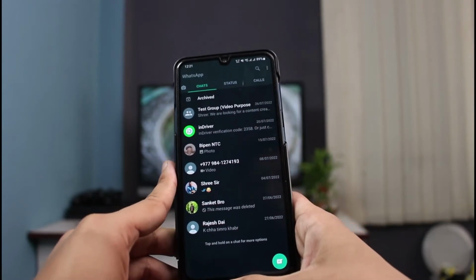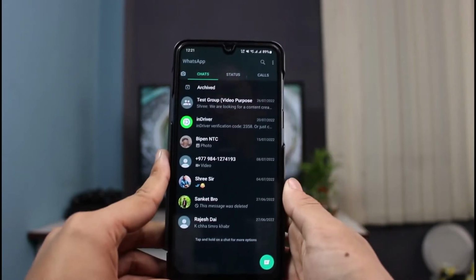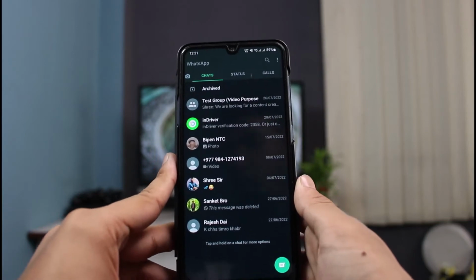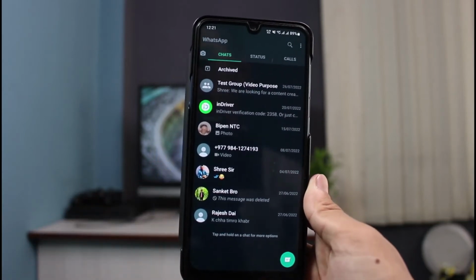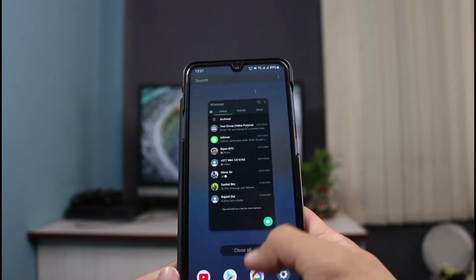So the first thing you want to do is, let's say that I open my WhatsApp and that this account is also logged in on my Windows and my PC and so on. And if you want to remove your account from those devices, you have to make sure to simply follow along till the end. The very first thing you want to make sure is that before you try anything, simply